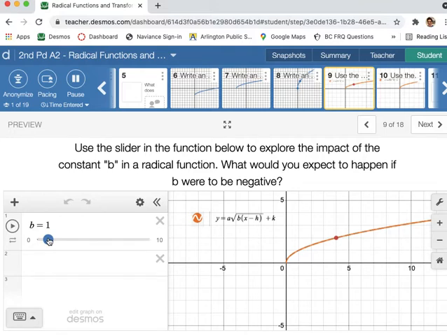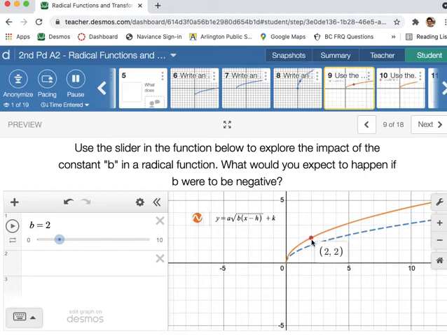It looks a little bit like the same thing when I make the a bigger. Looks like it's getting steeper. But notice that point that I have there, it's not really moving up like the a did. I'll go back to the parent function when b is 1. I'll mark off that point, it's 4, 2. Notice how when I move this over, my point now